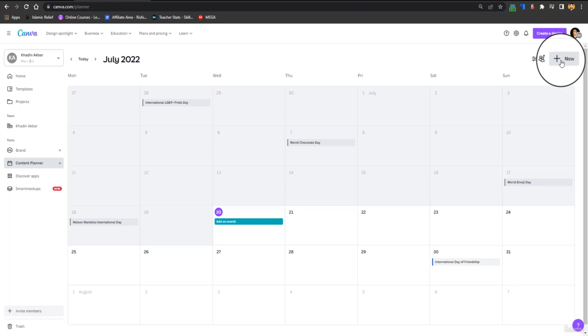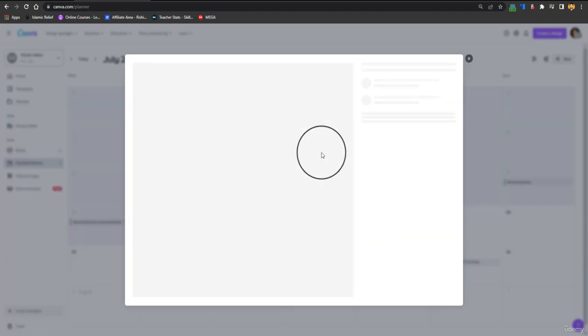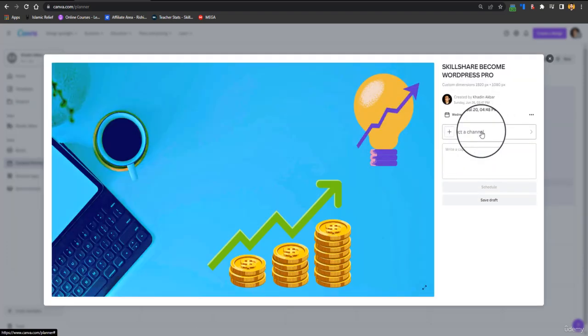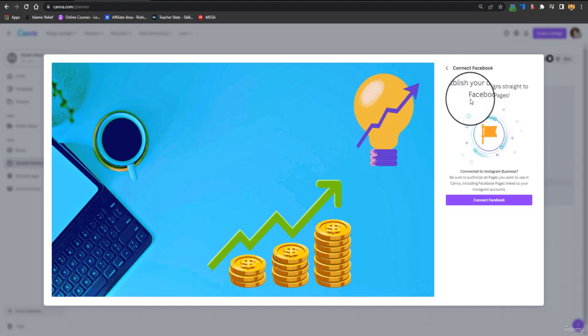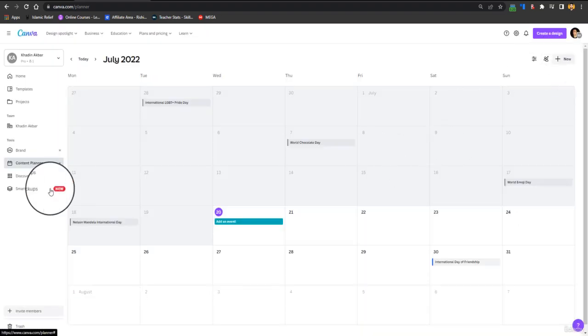And the next feature is a content planner, and I think that's a great feature of Canva Pro. What you can do is go to new, and from here you can add a new post, and you just have to schedule that post for where you want to post it and when you want to post it. From here you would have to select a channel. Let's suppose I want to post it on a Facebook page. I have not connected a Facebook page with Canva till now, but you can connect it and then you can schedule your content,